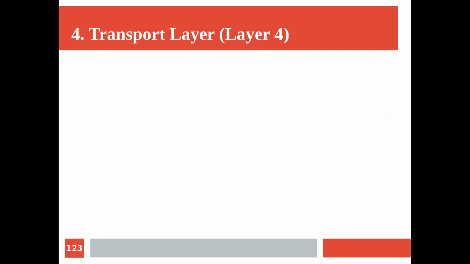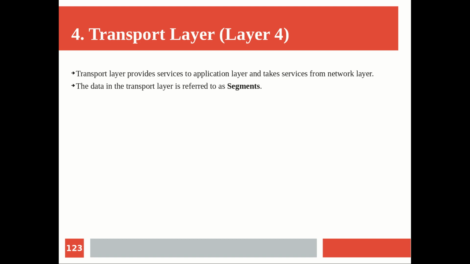Then the next one, that is layer 4, that is transport layer. It provides services to the application layer, that is the layer above it. Actually when it comes to ISO OSI 7 layer architecture, above transport layer we have session layer. But as I already told you, this session and presentation layer were normally part of the application layer. So simply you can say that session and presentation are part of application layer. Otherwise, specifically you can say that it provides services to the layer above it, that is session layer, and takes services from the lower layer, that is network layer.